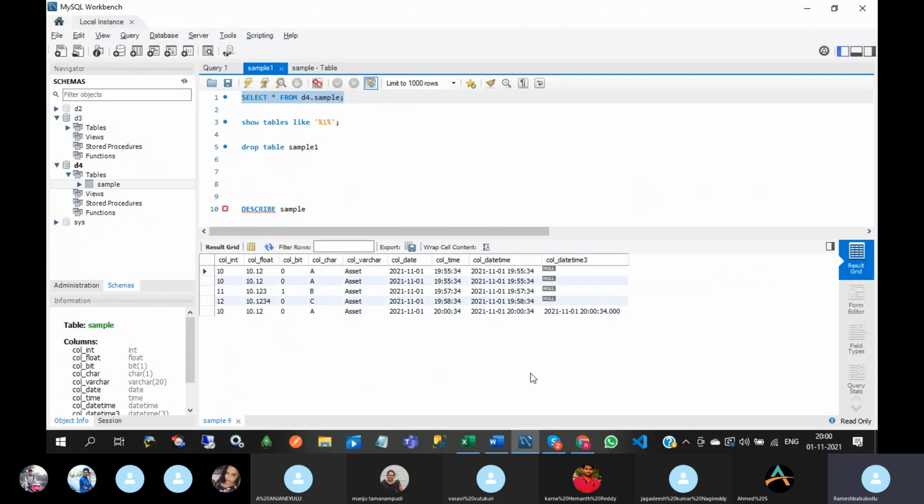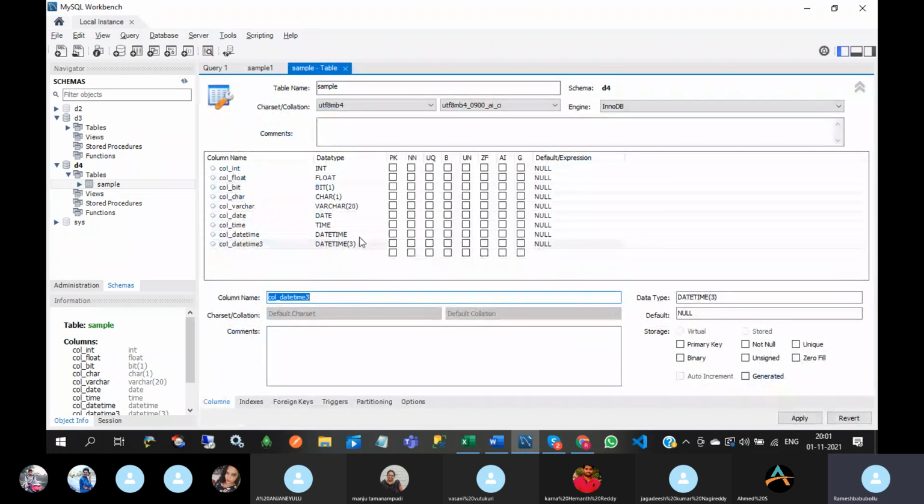See this. What is this data type? Col_datetime data type is datetime. What is this column's data type? Datetime of 3. See this, datetime of 3, datetime.